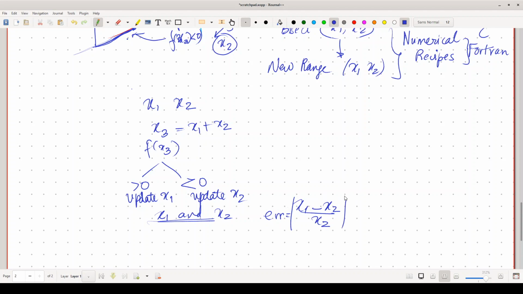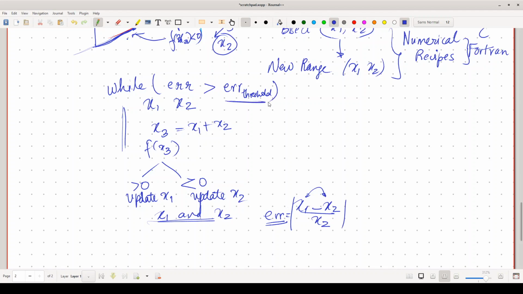If error becomes very small, then we have found the root, right? If x1 and x2 become very close after doing a lot of midpoint calculations, then it would mean that the relative error is very small and we can return the value. So we have to do an error calculation, but this entire code should run while error is larger than the threshold in the error.